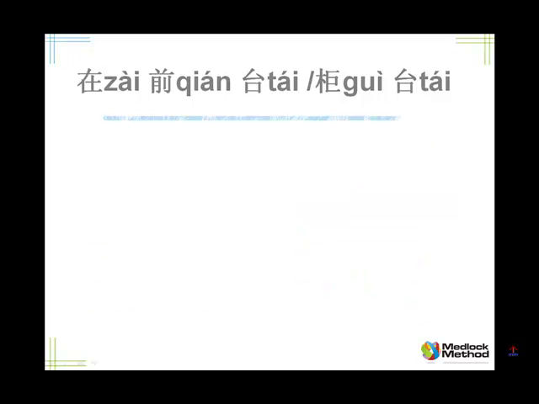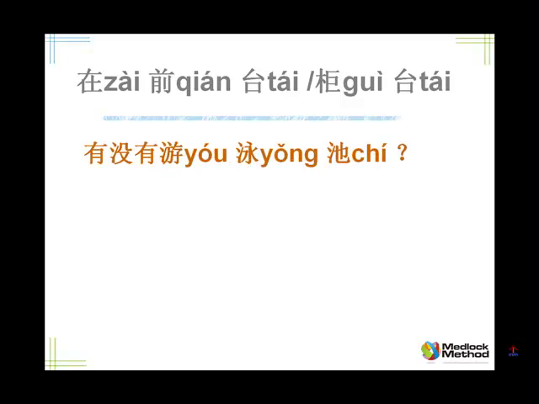Like many people, I like swimming, so I like to ask, is there a swimming pool? How do you say swimming pool, 邱老师？ 游泳池。 Ask me, is there a swimming pool? 有没有游泳池？ 池 means pond. 游泳 swim, so swimming pond. 有没有游泳池？